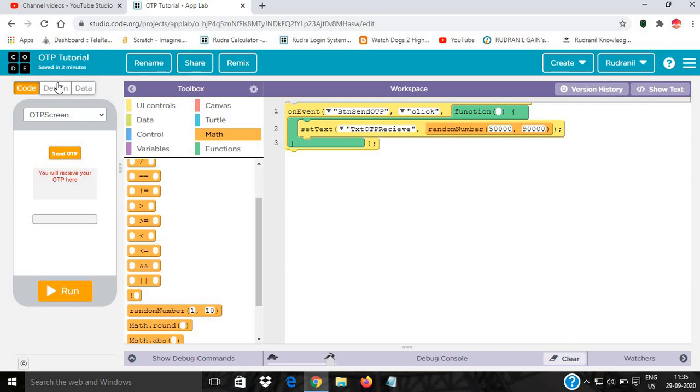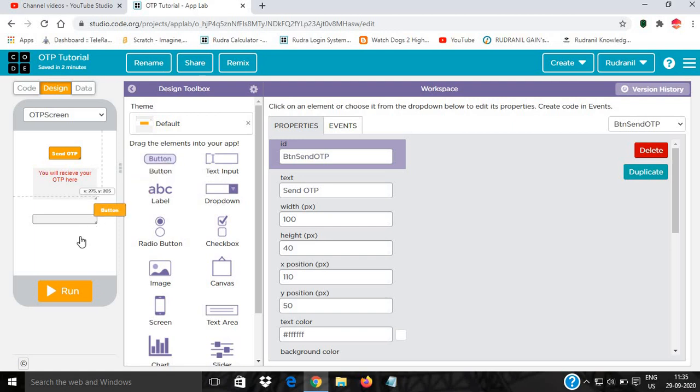Another thing is we again want a button, and we will give the ID btn submit OTP, and in the button text we will give submit OTP.